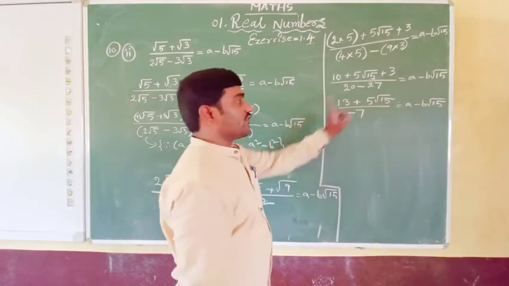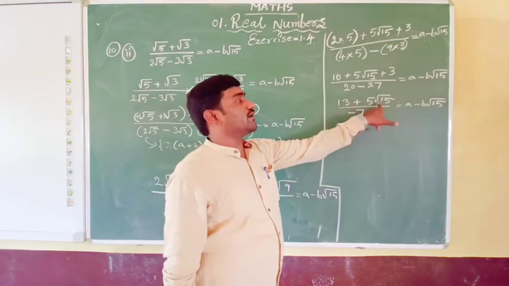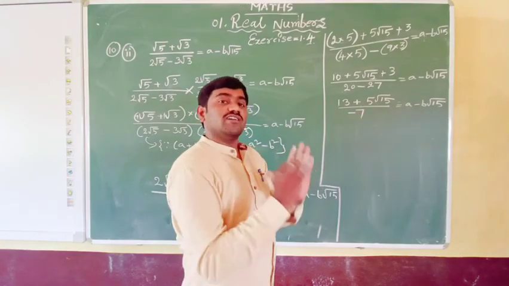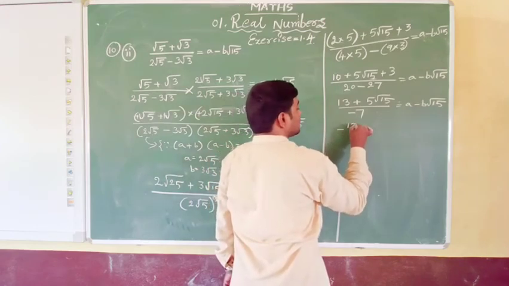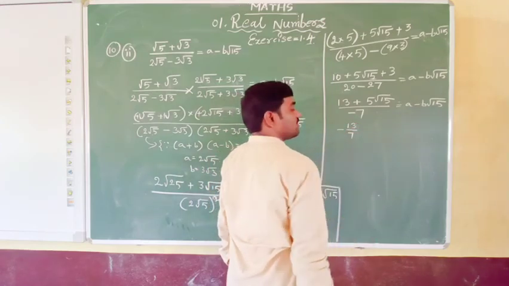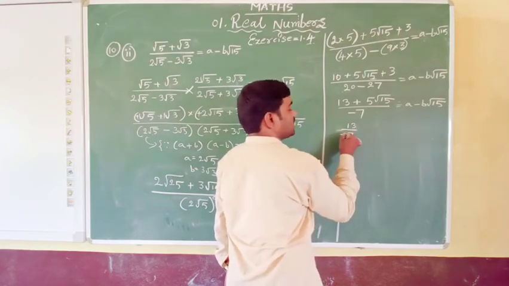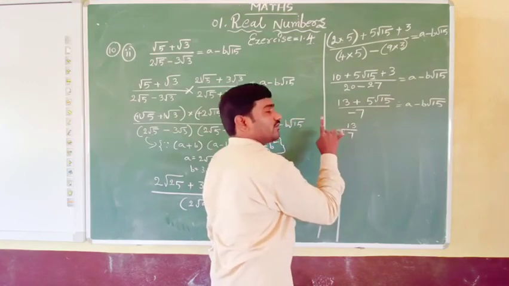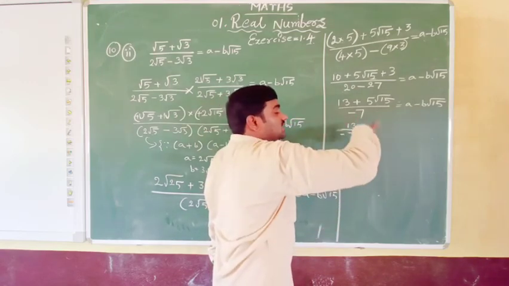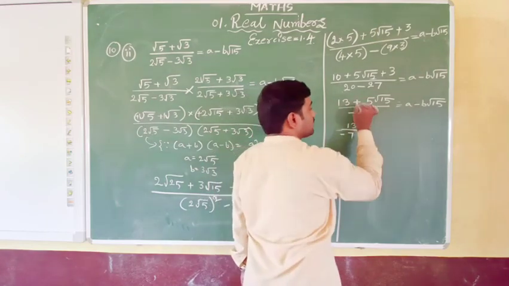Here we have to do it very carefully. This minus 7 is dividing both the numbers in the numerator. So let us divide separately. Minus 13 by 7, okay. Or, not 13 by minus 7, you write for the time being. But this minus is not for the numerator and not for the denominator. It contains the whole fraction. The whole number is negative. Okay, that you need to remember.